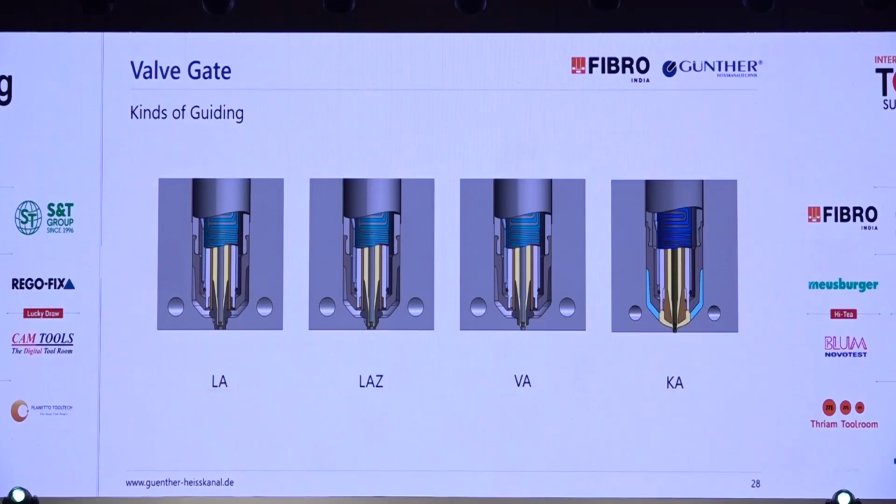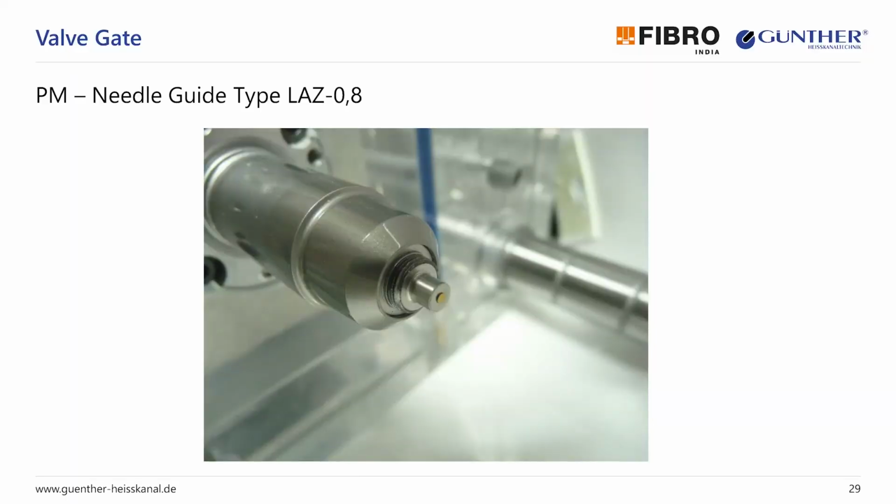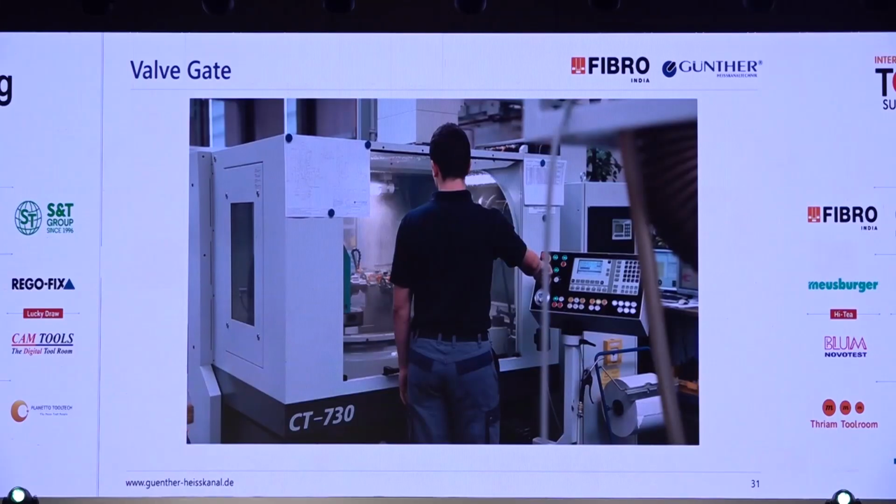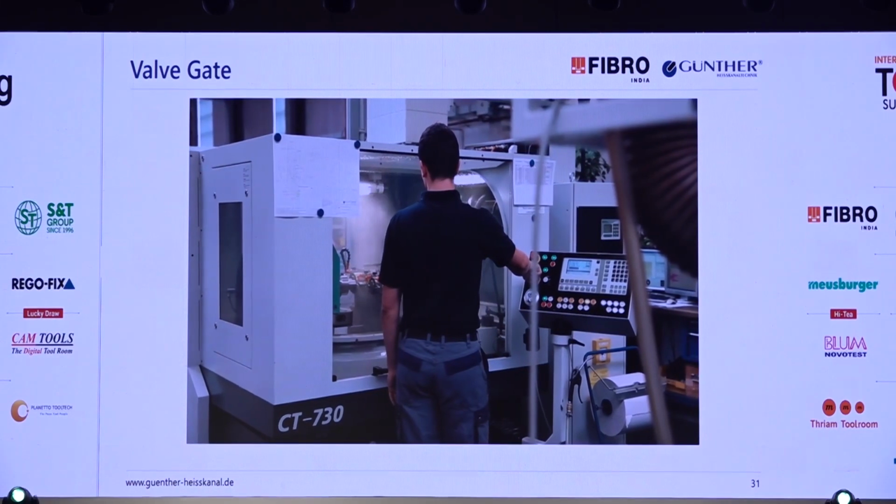Here, a summary of the versions we have. And here you can see that we can disassemble this needle guided element when the mold is completely assembled. So you have a very fast reaction time in changing the needle guide. Here the production drawing of it with the dimensions, and we developed together with the company Studer from Switzerland special